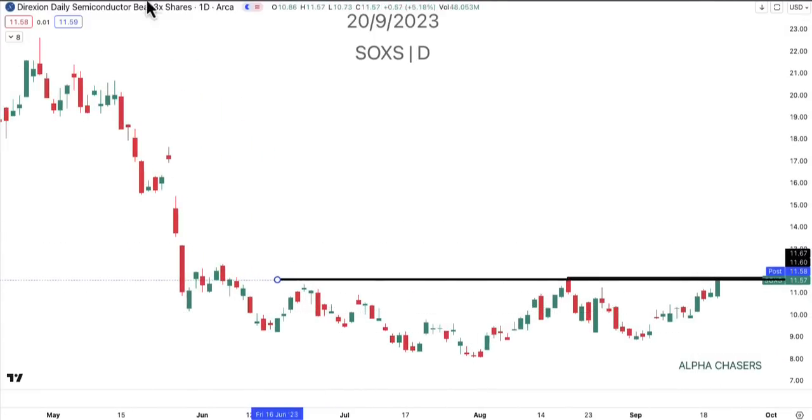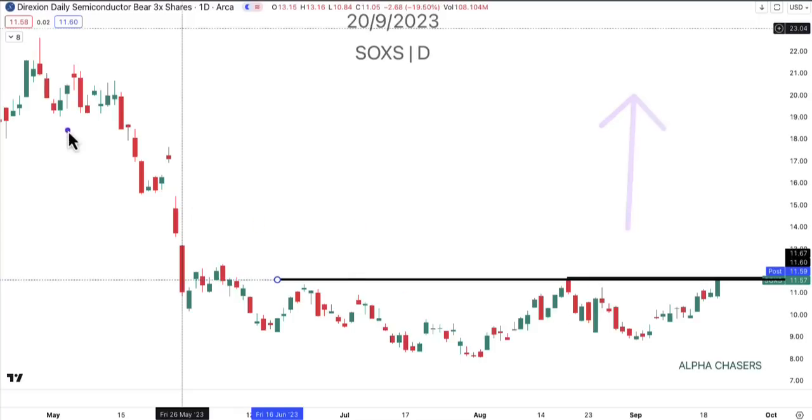So here, it's 3X. And let's just say that the SOXX is down 3% on the day. This would be up 9%. If you take a look at it, if you're at 10, then I'm going to move roughly, let's just call it 90 cents. If I move 9% and I'm at 11.75, I'm going to move considerably more than that. So this compounds daily. That's why these get so aggressive on the upside,